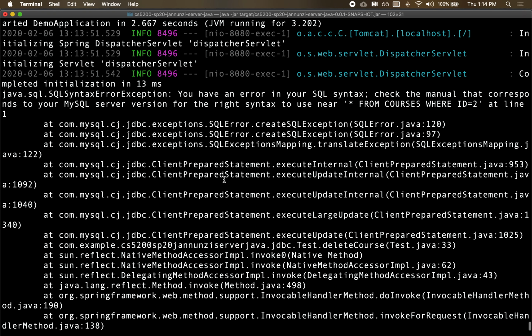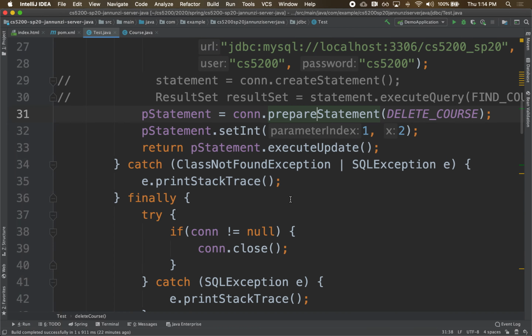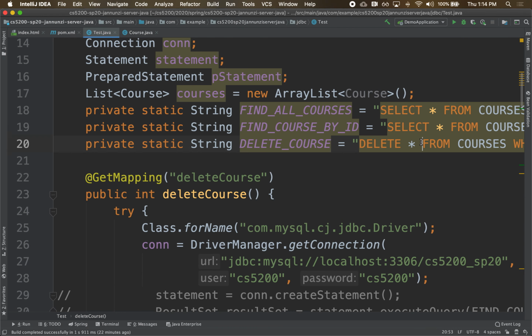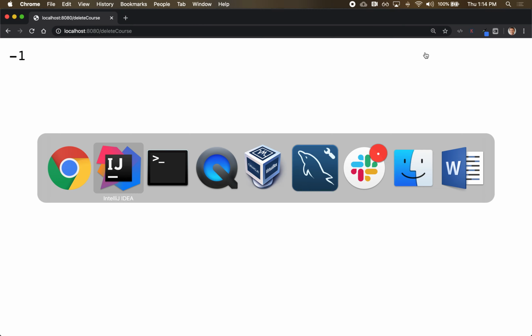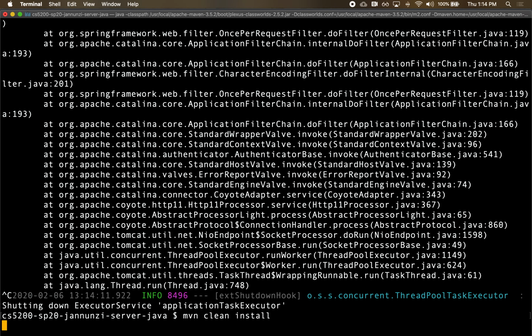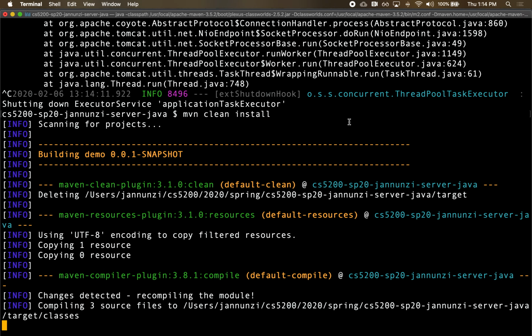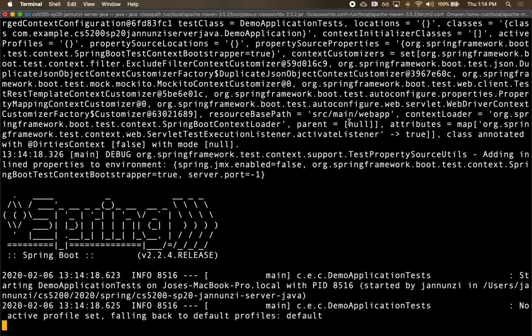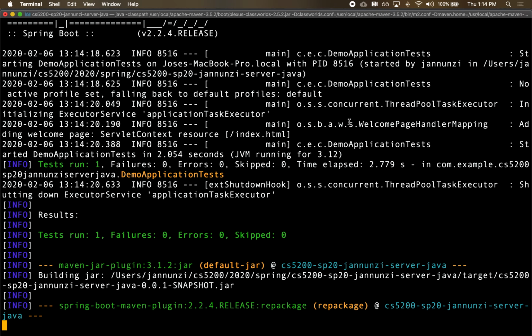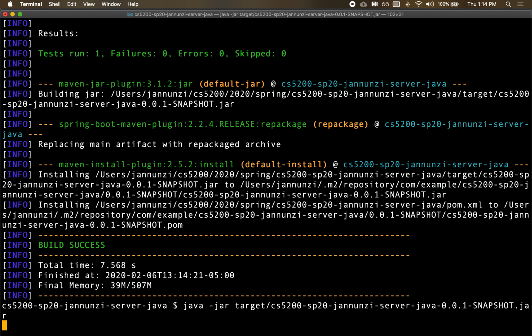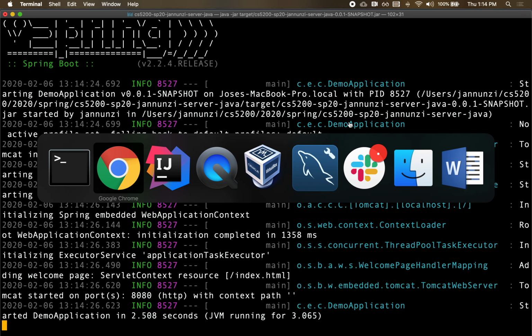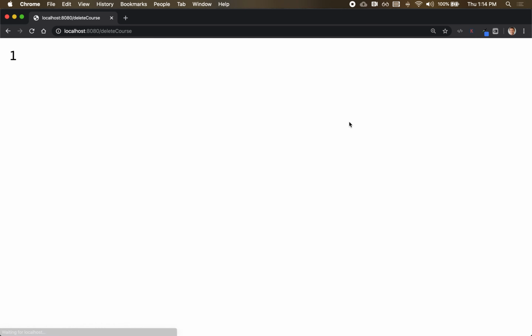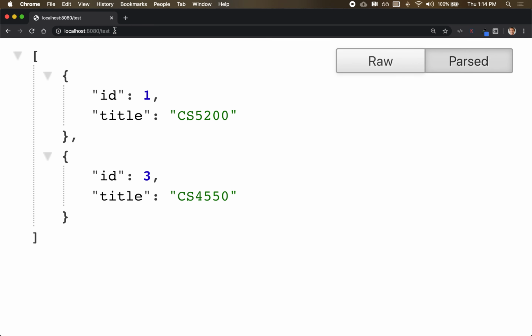The syntax. What did I do? Oh, star. I knew that. So let's compile that again. And run that. Okay, so it came back saying that 1 was deleted. And we could try it out by going back to test and see that number 2 is no longer there, right? It's been removed. All right, so let's take what